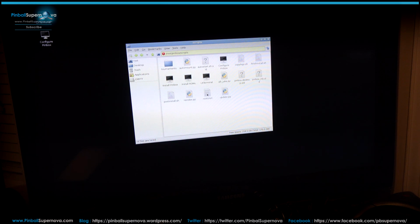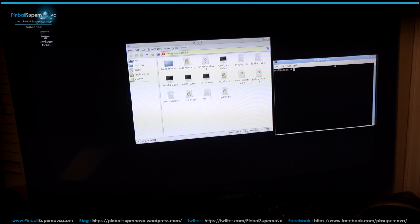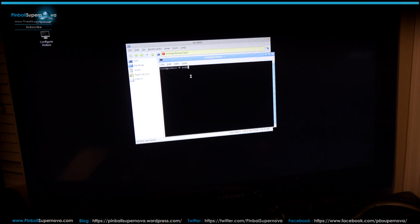So now to reboot, I had to get my files up of what I used as my sudo command. So now if you go to Applications again and go to LX Terminal, in here, if you want to reboot your machine without killing it, well, you could actually do it. If you're in this screen here and you could see everything, if you right click here and hit exit, you get this menu where you could restart, reboot, shut down, all that kind of stuff. But if you're not in this and you can't get to the menu, if you go to this terminal here, I think if you type sudo